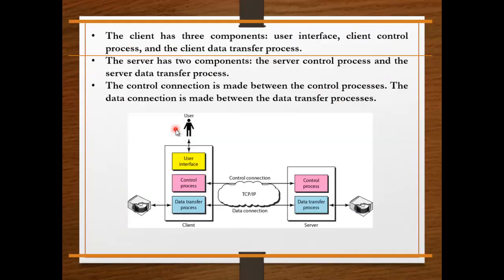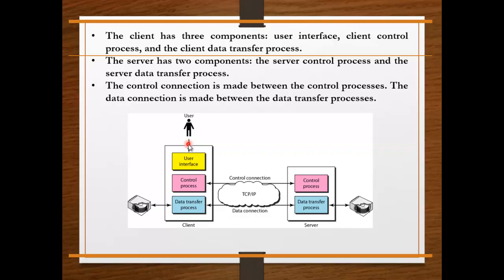So first in the architecture, if you see, the user interface will be there. That is the keyboard along with the screen that you are seeing now. Once you type something and you press enter, it will automatically enter into the FTP client. So the FTP client, based on the action taken by the user, will understand that, and will send the corresponding control command over the control process.